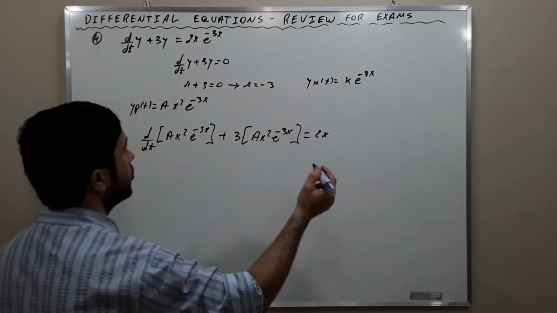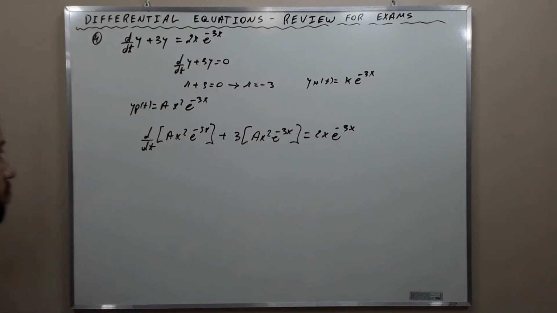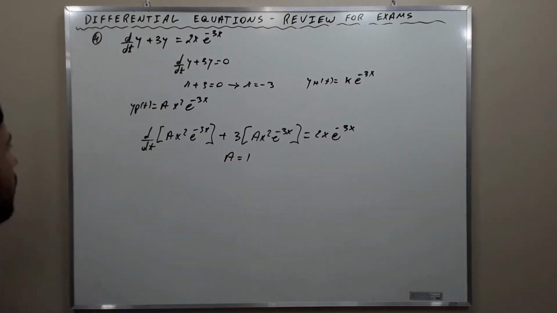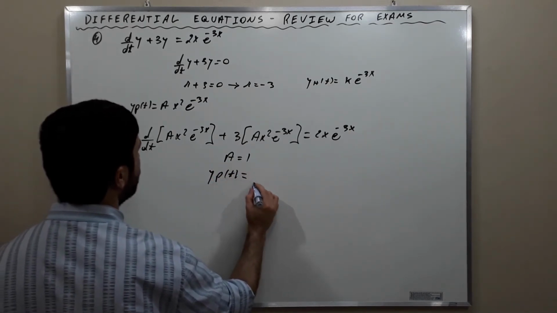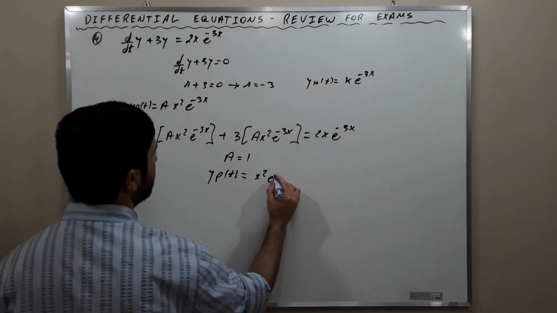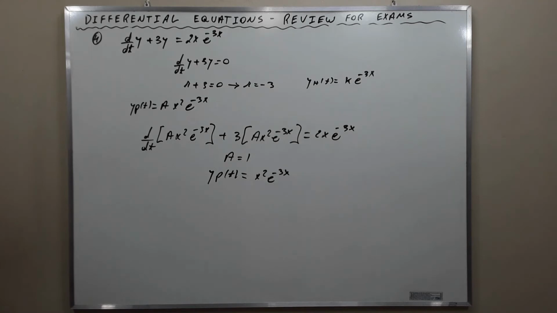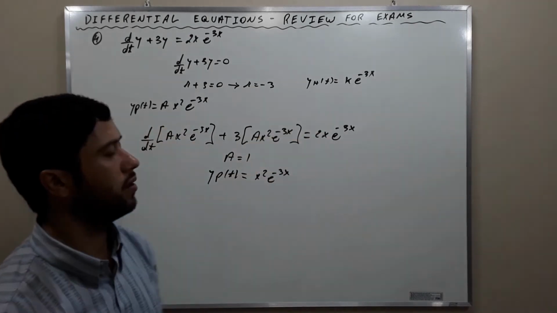And this has to be equal to the forcing term. Alright? And if you develop this, I invite you to try yourself. We find that A is equal to 1. Alright, then the particular solution is equal to x squared e raised to negative 3x. This is the particular solution, and if we use the particular solution and the homogeneous solution,